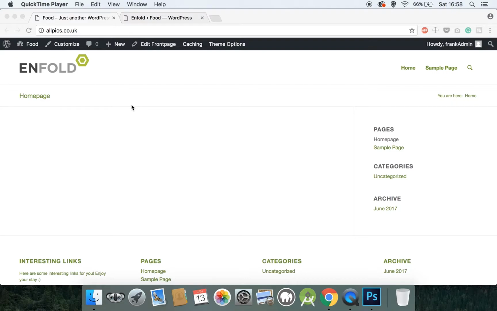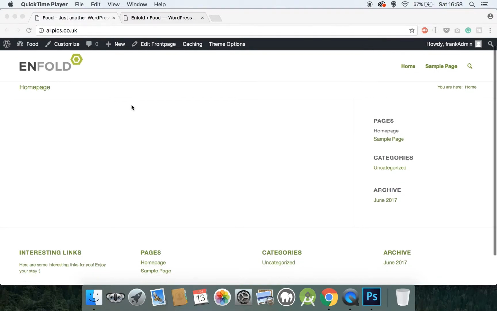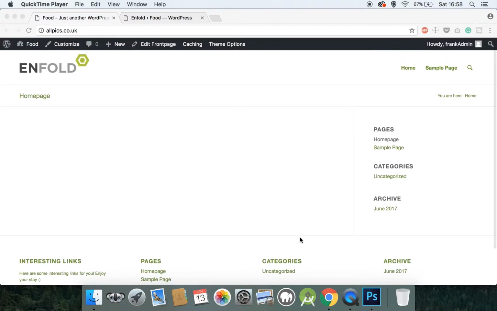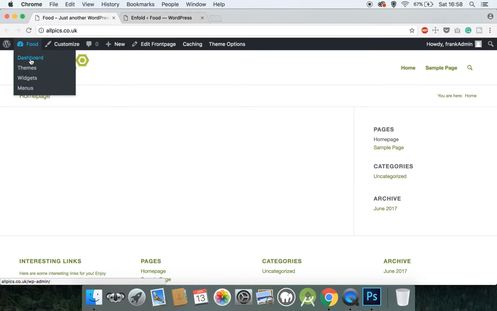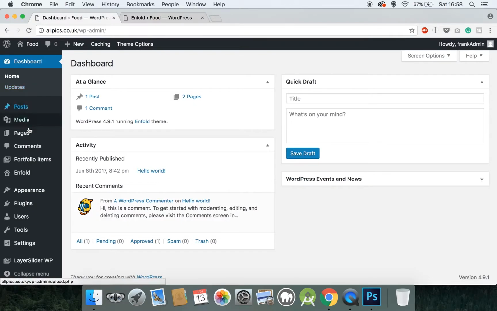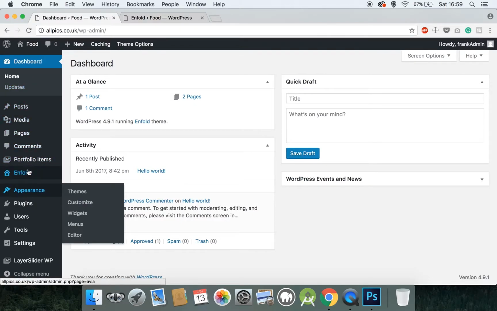In the last tutorial we installed Enfold on our WordPress site, and basically we're at the point now where we have a default homepage in place, and we have to get rid of the defaults and start building our own website. So the first thing we need to do is go back to our dashboard, and we're going to change some of the Enfold defaults. So go to Enfold,